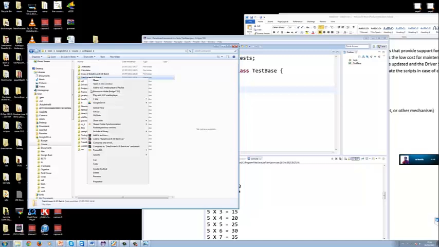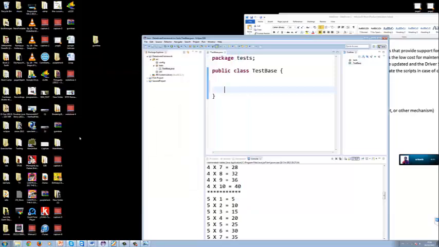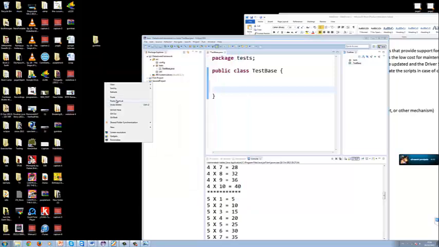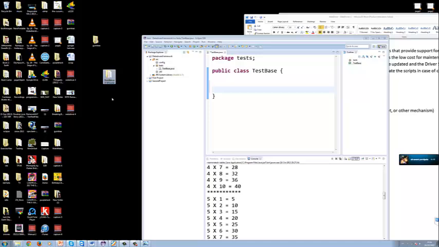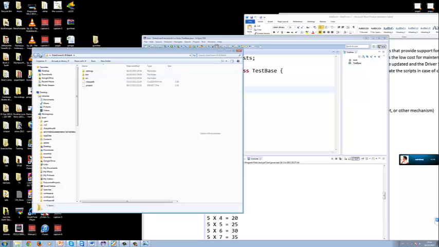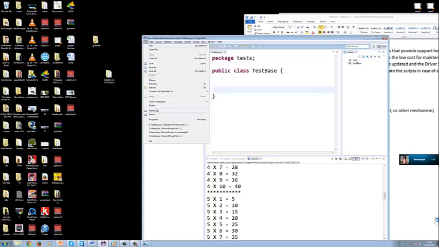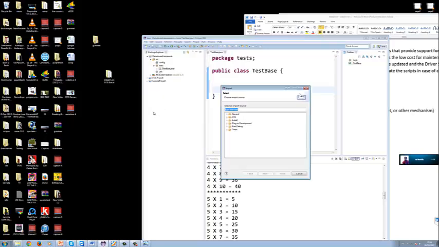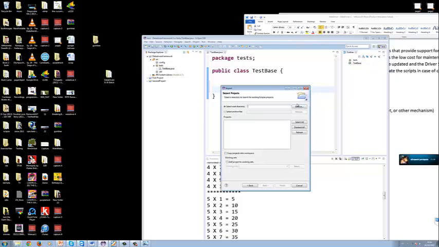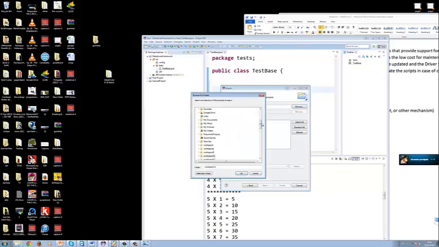Data driven framework, copy, and I'll paste it somewhere. Okay, so I'll import this existing framework into my workspace. How to import? Go to file, import, and go to general and existing project into workspace, and just go and select